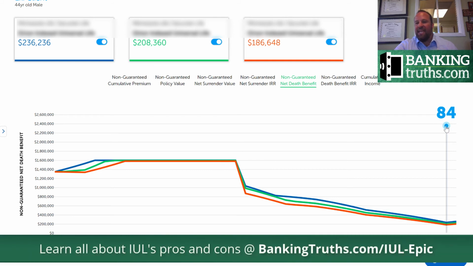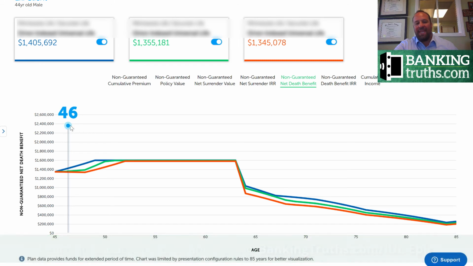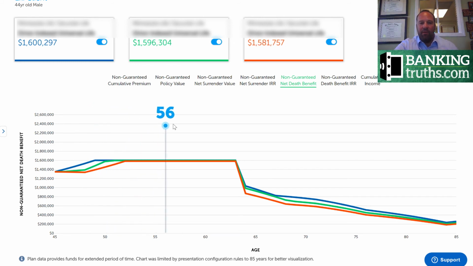And just to explain what this shape is representing, again, this is the non-guaranteed death benefit, and we saw that the death benefit grows in the early years by the amount that the cash value grows. So obviously the blue line, when you're getting all the money in there early, it's growing quite nicely at a steady pace. The green line's a little more staggered. The orange takes a step back before taking a step forward. All of them are pretty close. You can see they're all within about $20,000 of the same death benefit during the working years.